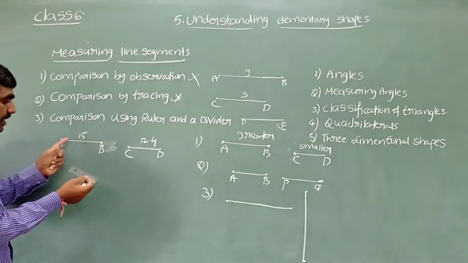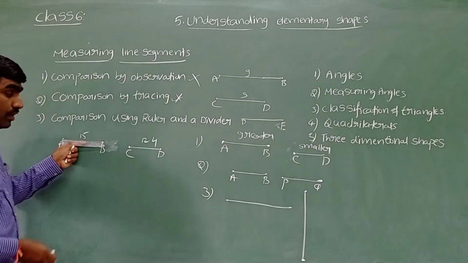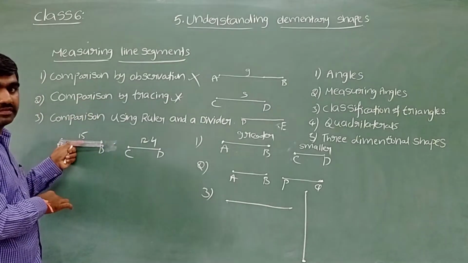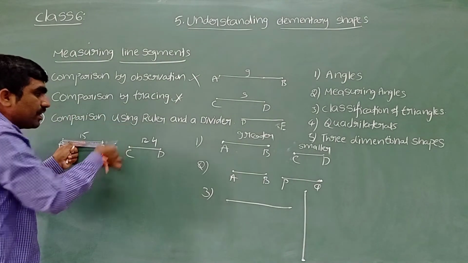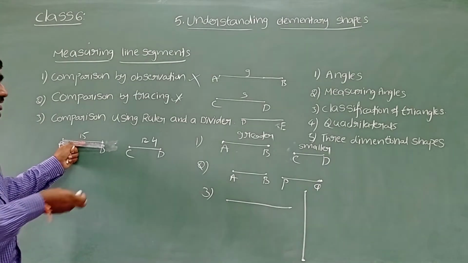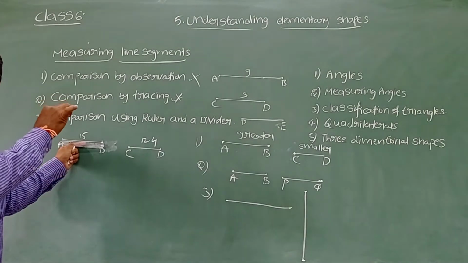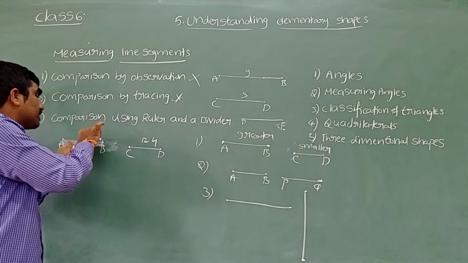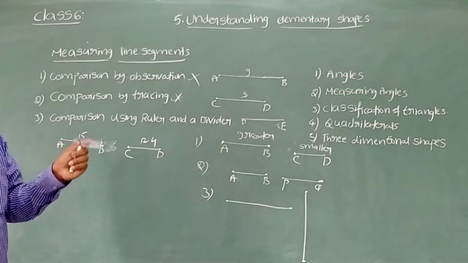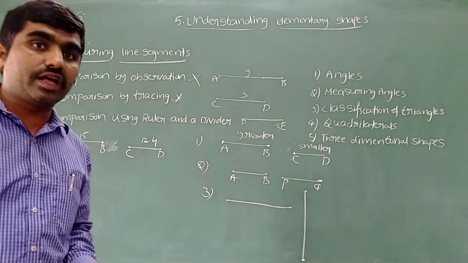See, when you measure this line segment with the help of a ruler, there is a problem with angular viewing. You should keep the point exactly vertically; you should see exactly vertically only. If you see from the left side or the right side, there are a bit of errors we can see. So there is a problem with angular viewing. Here, angular viewing means you should take the point exactly vertically. So even when measuring the length of the line segment with a ruler, we are facing the problem with angular viewing.